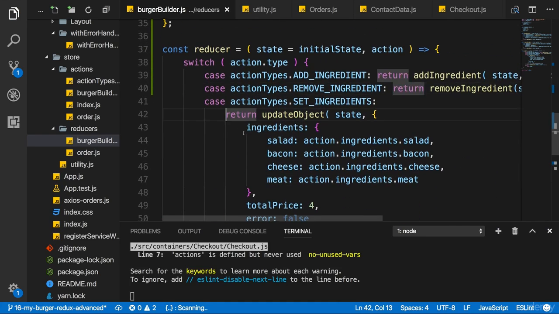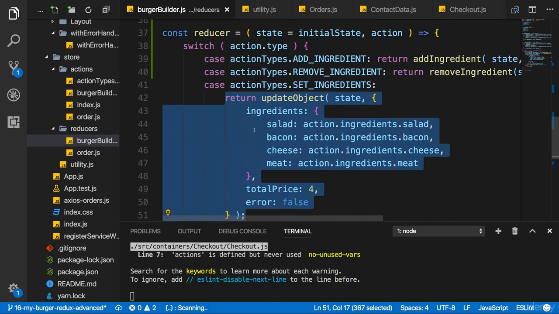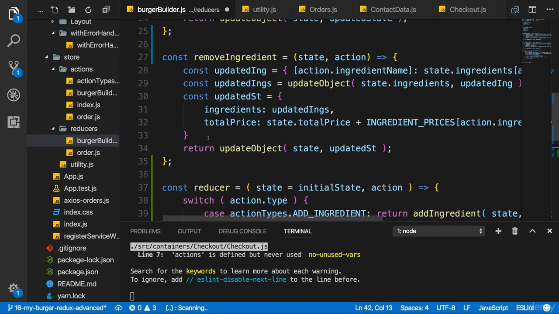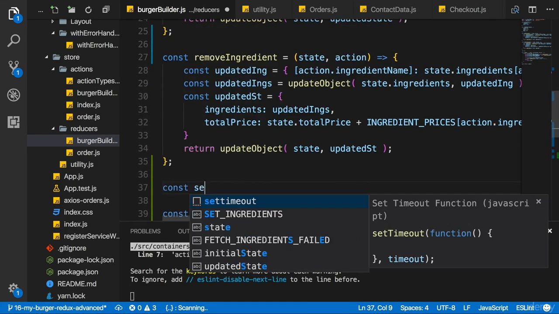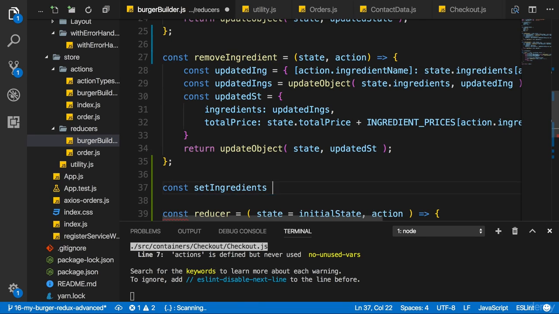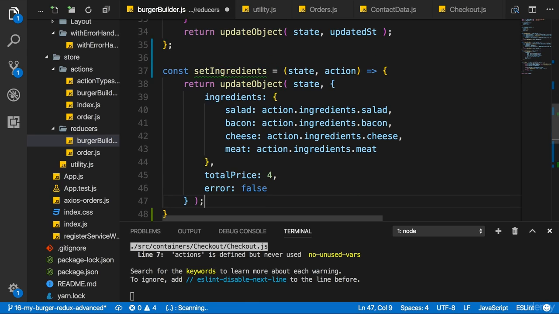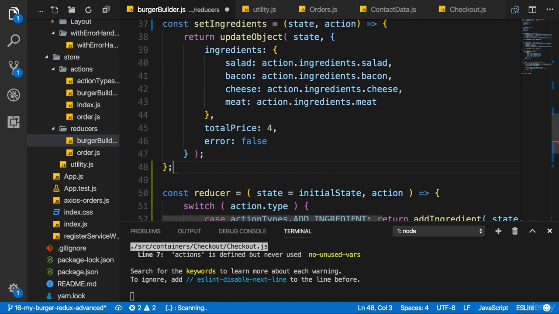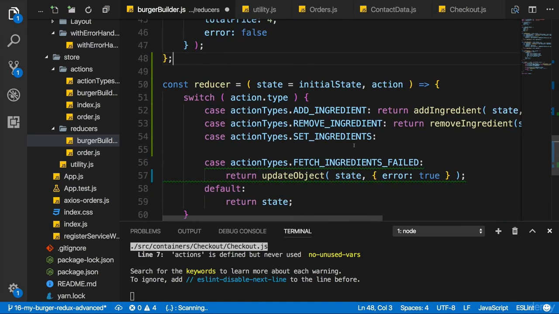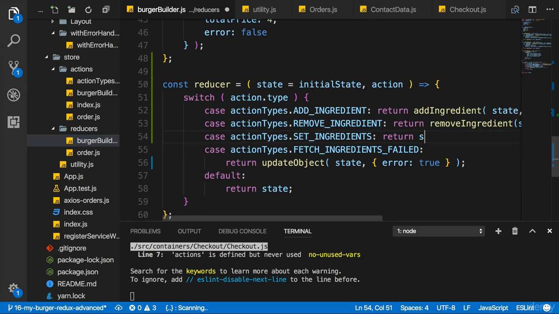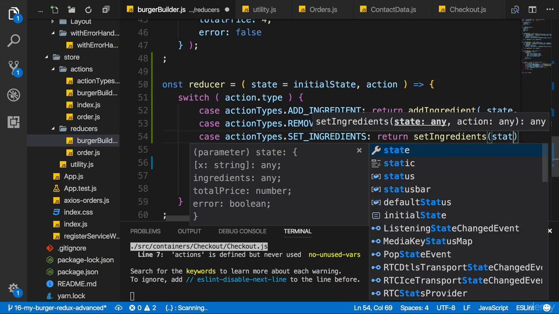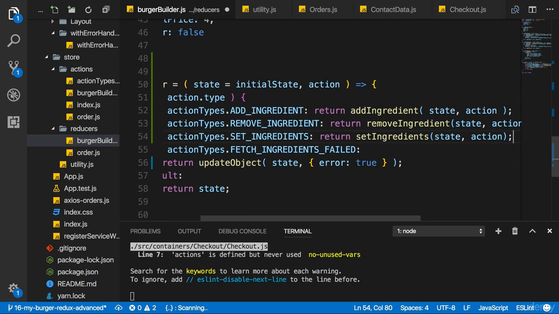Now the same for set ingredients, of course. There I'll also cut the entire code and create a new function, setIngredients. As always, expect state and action here, and then paste in the code like this. And in the case here, I can then return setIngredients and pass state and action as well.